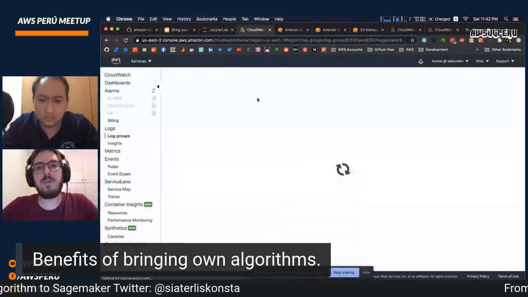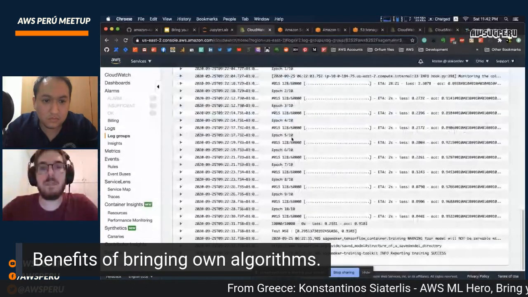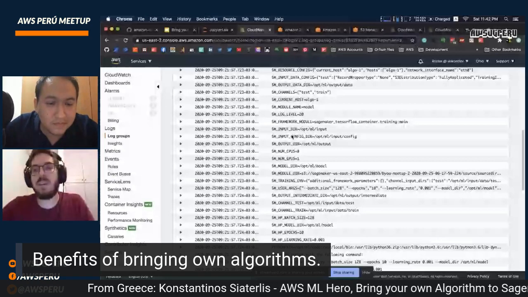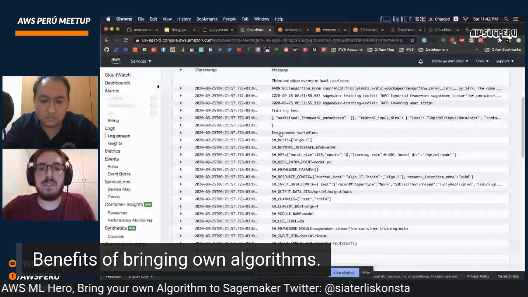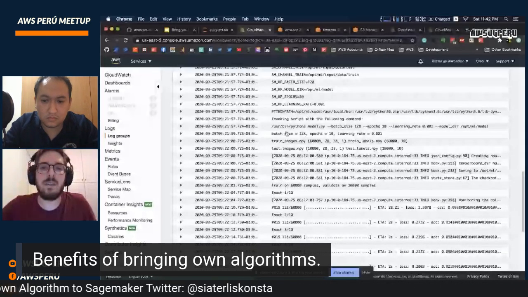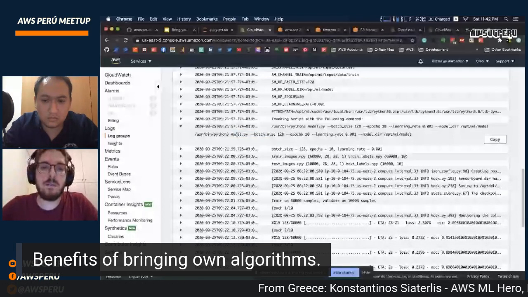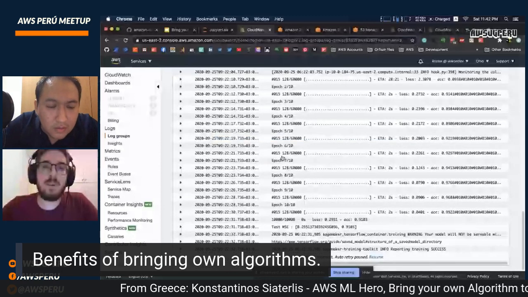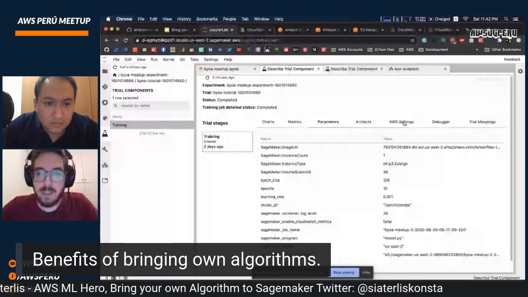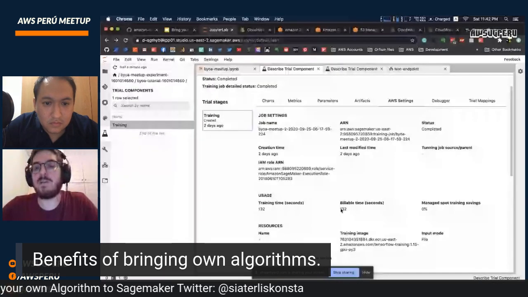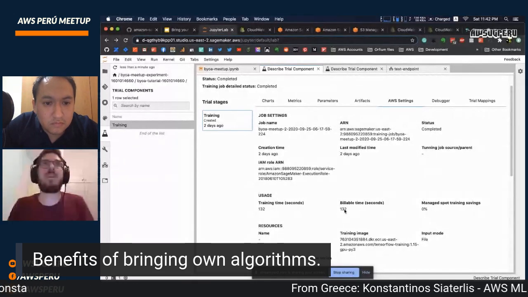The beautiful part here is that you build by the second. You see that it starts here. It already has the data in it, setups, environment variables, and then it runs actually the same command that I showed you, and it starts training. And when we go here, it was the AWS settings. We built for 132 seconds,